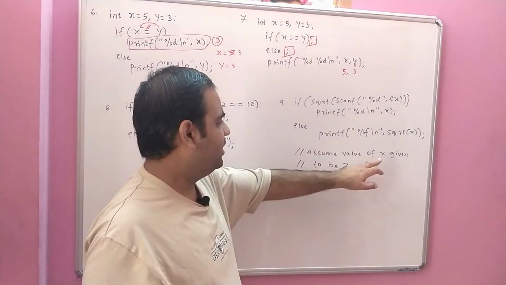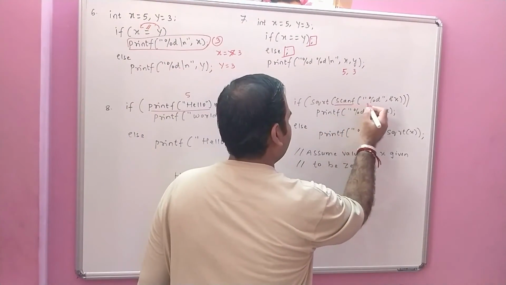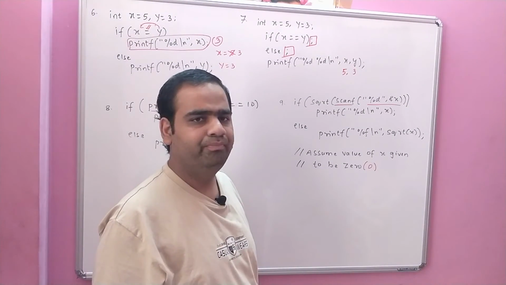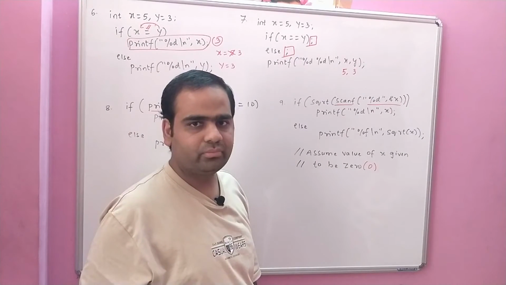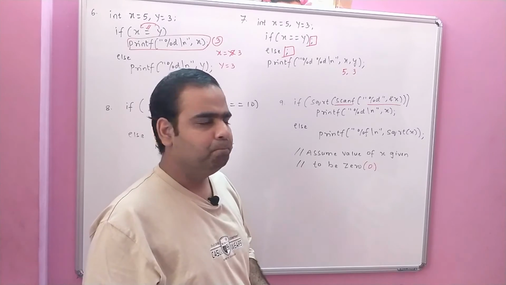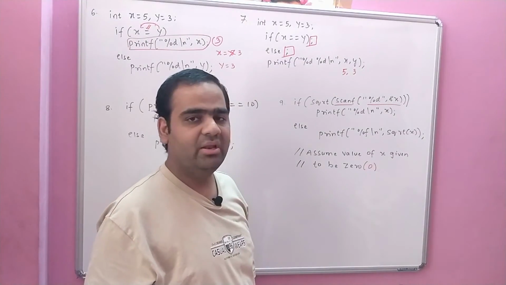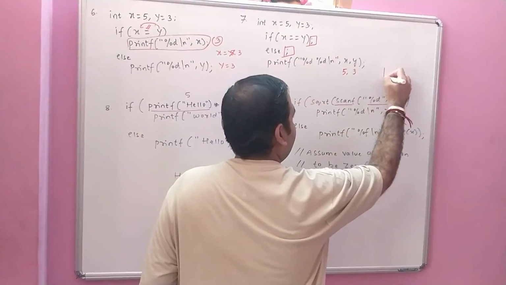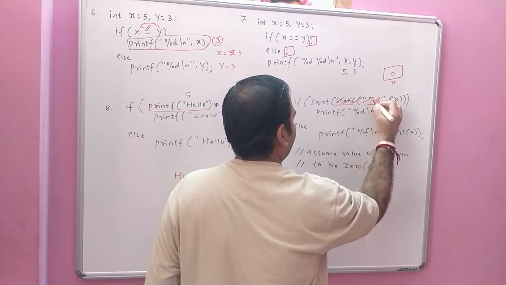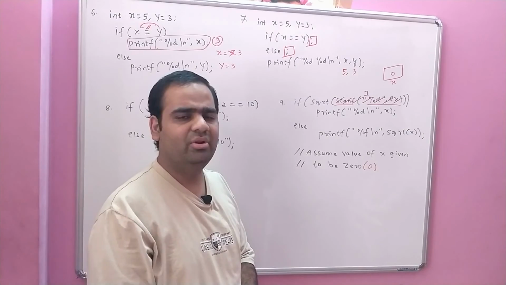Now here they have given that the value of x is assumed to be 0. That means whenever we have to execute this scanf first, we assume that the value of x is 0. This is a square root function. It means it gives the square root of the given number. First, the innermost function should be evaluated, and the innermost function is scanf. Hence, this is x, and if we give 0 over here, scanf returns the number of variables successfully read. The answer is 1, because one variable we have read successfully.